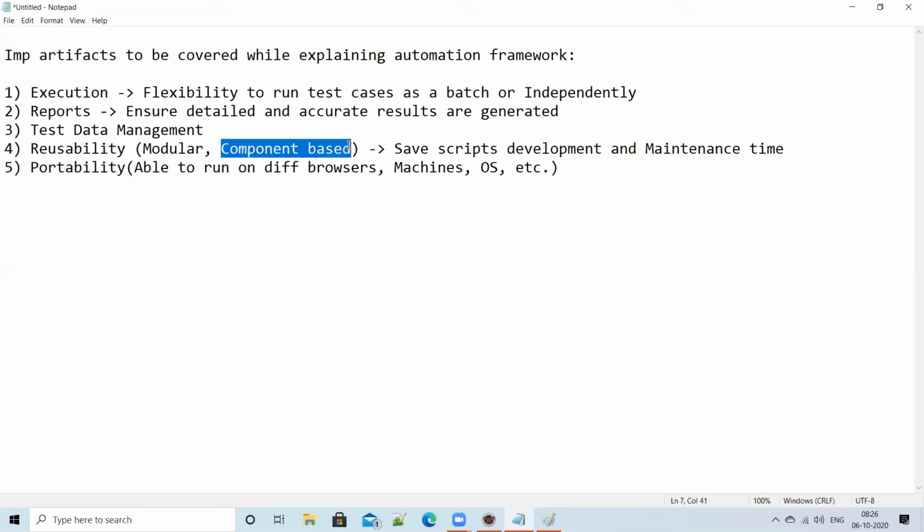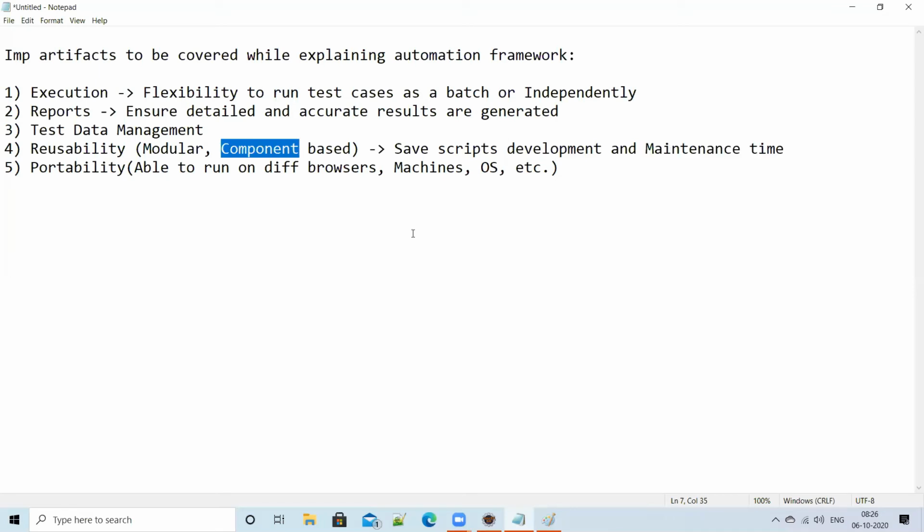And component based means, whatever code you are writing, try to make the code maximum reusable and generic, and that particular component, nothing but a method, you can reuse wherever you want. That way it will save your time while developing the scripts, and also tomorrow if there is any change in your application or you want to modify something, you can just go and change that particular component.